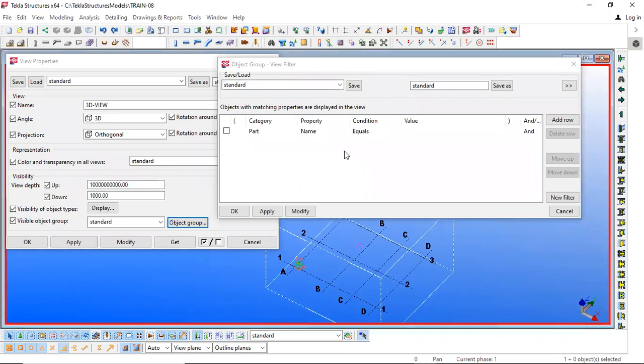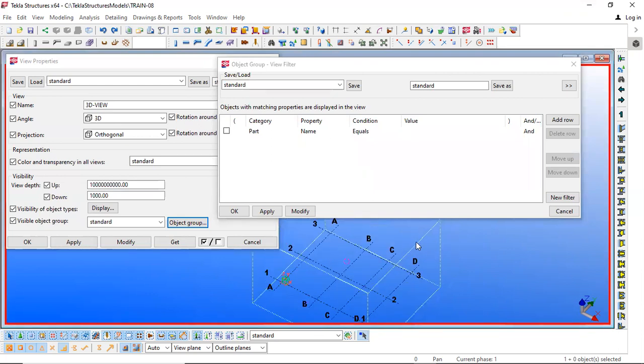This is for controlling the visibility of the objects. View filter: with the word itself, we know that a filter will control the visibility of the objects inside the view. It will control the visibility inside the selected view. So all those options which we are seeing are controlling the visibility of the view.